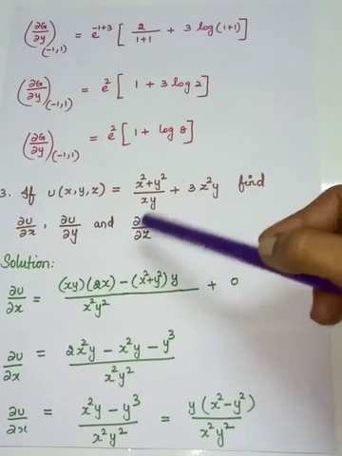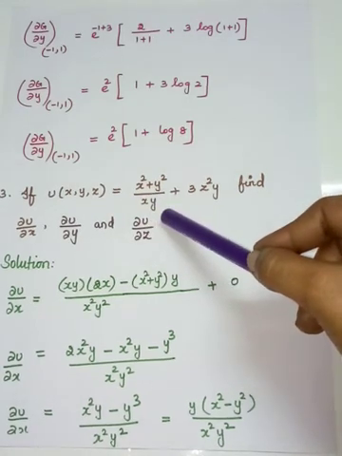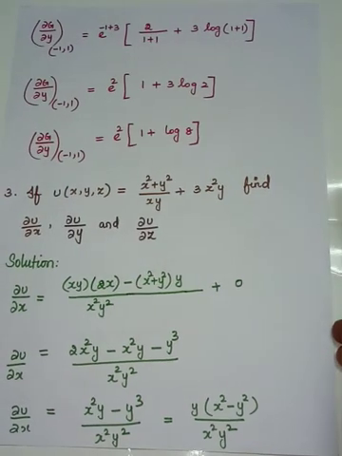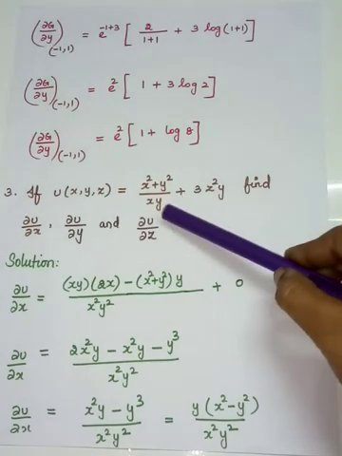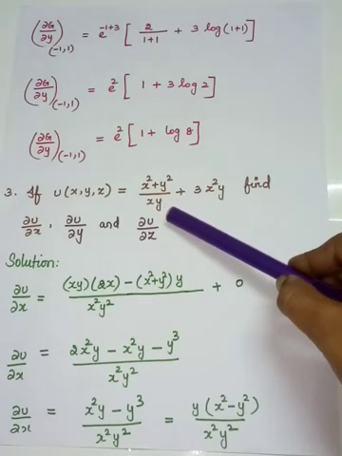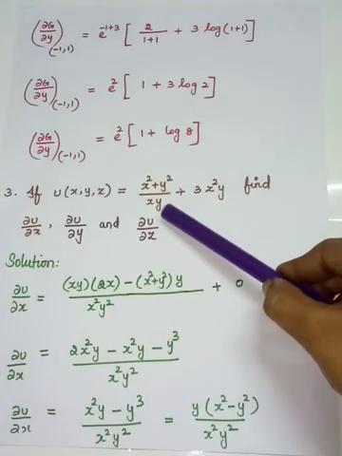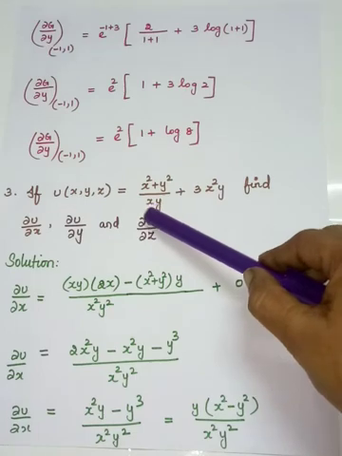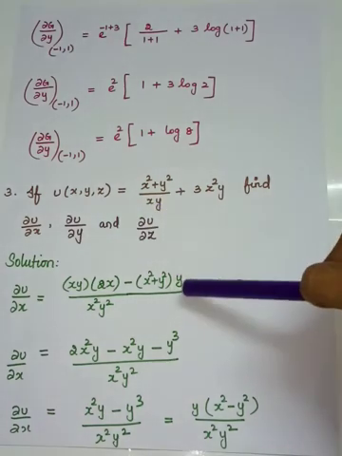What is the next step? V has to be differentiated. Here while you are going for the differentiation, you have to differentiate partially with respect to x. So while you are differentiating xy, it has to be done partially with respect to x. So now what is y? Y is a constant, so I have taken it out. What is remaining here? It is x. So while you are differentiating x with respect to x is 1, so you will get 1.